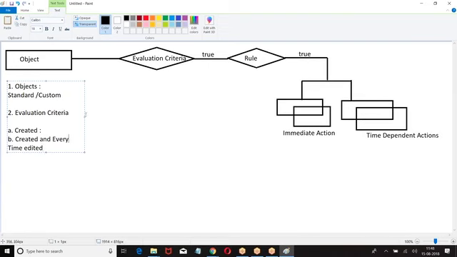So whenever a new record is created, and every time you are modify the record, it will check the condition. Third one, created and anytime edited.